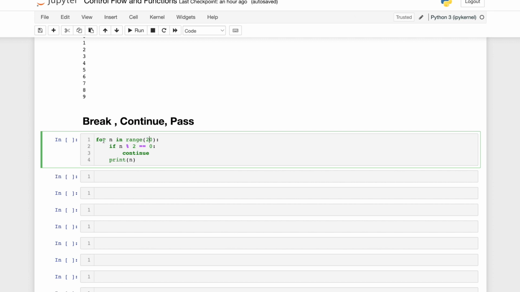From 0 to 19, n is going to iterate over it. It will go next. What it will do is n modulo 2. So n divided by 2, and whatever the remainder, if the remainder is equal to 0, then it will go and pass over here. Otherwise,